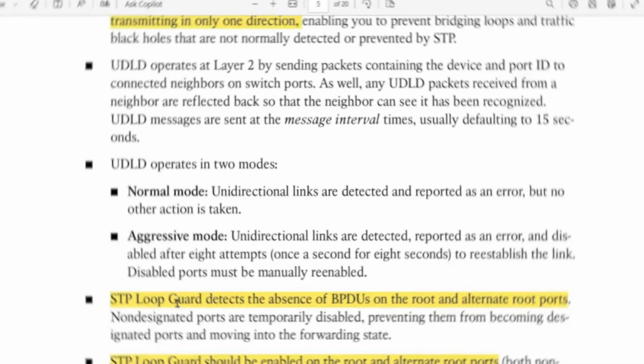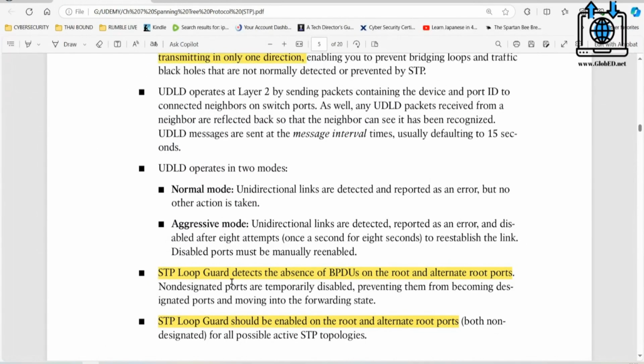And if you look at this here, STP loop guard, which we just did, detects the absence of BPDUs on the root and alternate root ports. Non-designated ports are temporarily disabled, preventing them from becoming designated ports and moving into a forwarding state.